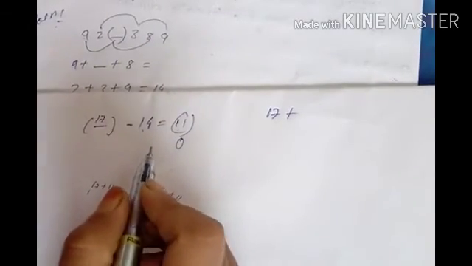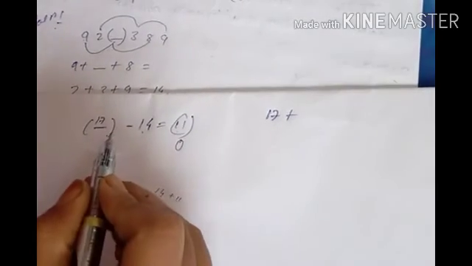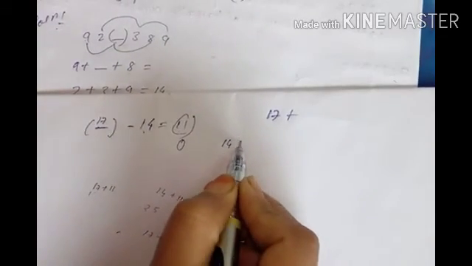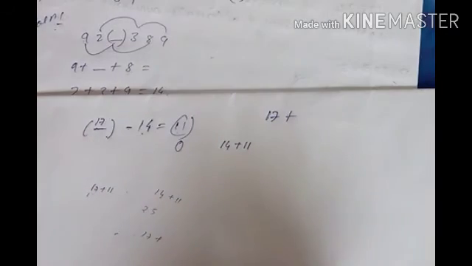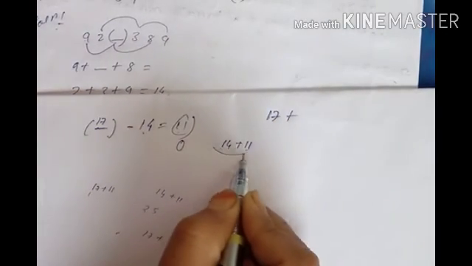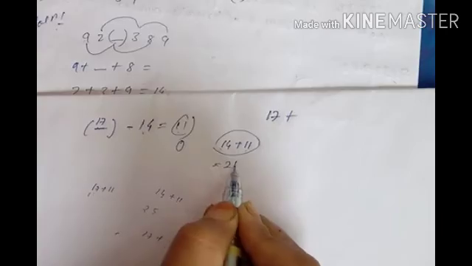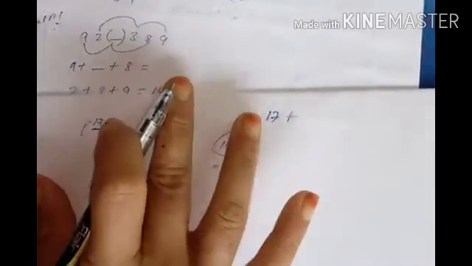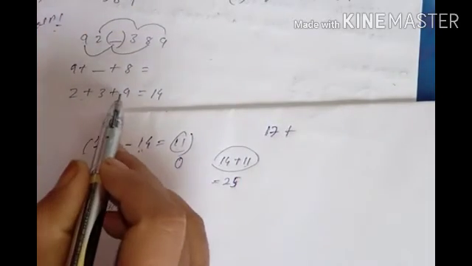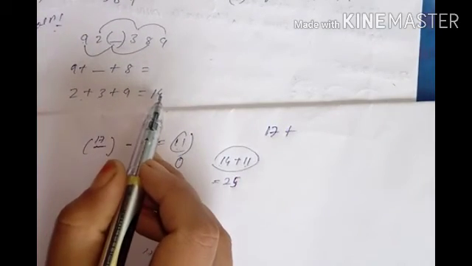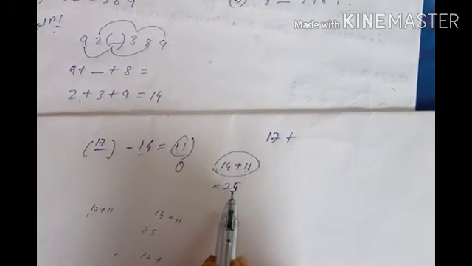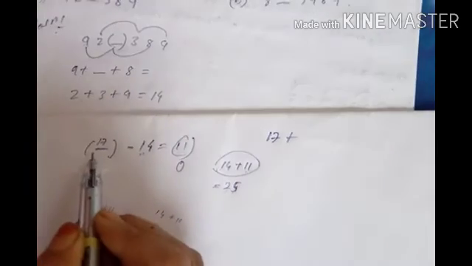So listen carefully what you will do. What you will add with 17? How will you find it? You will add 14 plus 11. Okay, 14 plus 11 is how much? It is 25. With this 14, because in this part all the numbers are there, isn't it? So after adding what did we get? 14. In this 14 we will add how much? 11. Now 14 plus 11 is 25, and from 25 you will subtract this number.